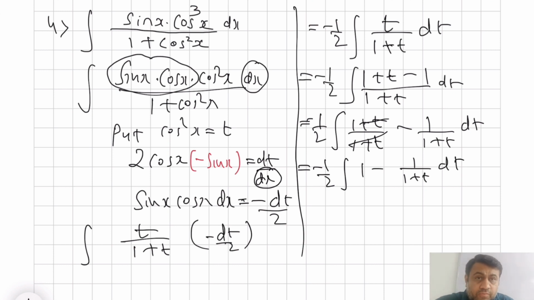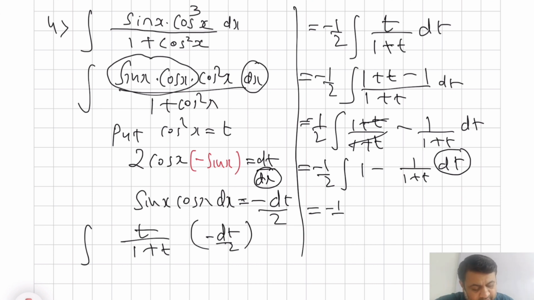What is the integration of 1? The integration of 1, in this case, is t. Many times students write in a hurry in the exam as x. The integration of 1 is x, but that is with respect to x, right? Here I am integrating with respect to t. So the integration of 1 has to be written as t. So small things again you need to take care of very nicely.